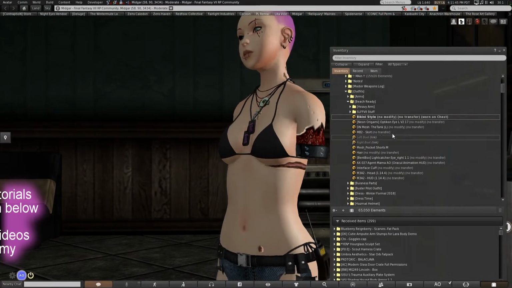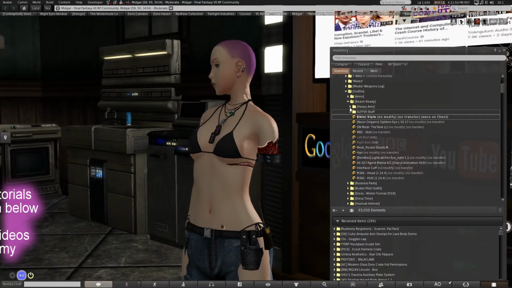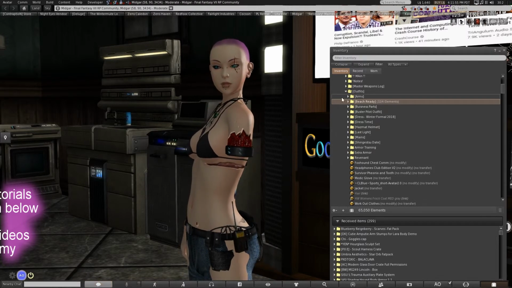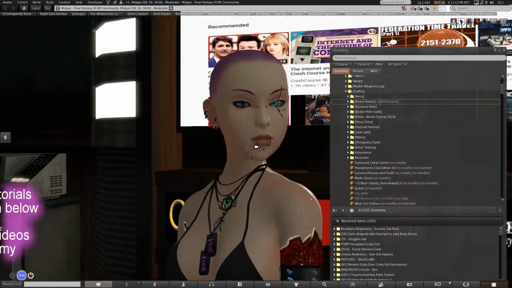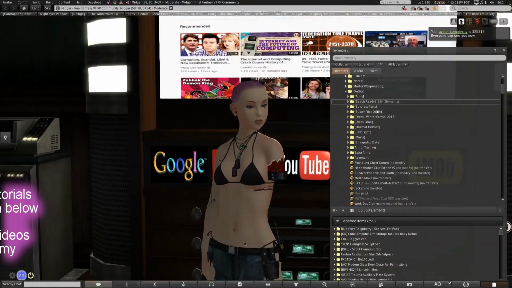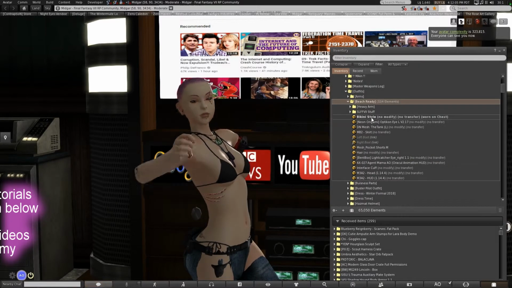I find also a lot of Matria stuff fits the Avatar 2.0. Not all of it, but a lot of it does. So overall, I actually strongly approve of it. It does actually have a HUD system that will give you a couple of options. Let me actually